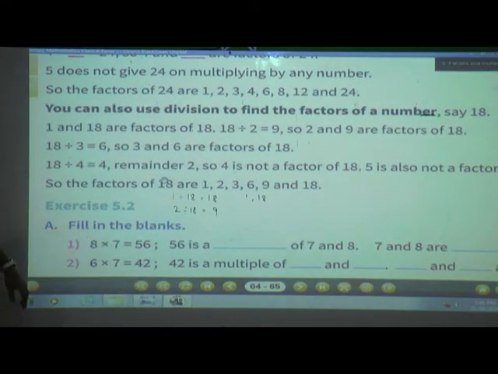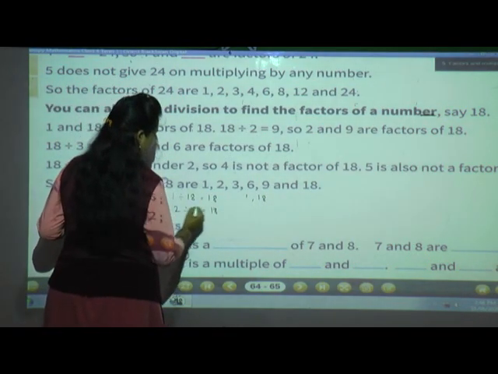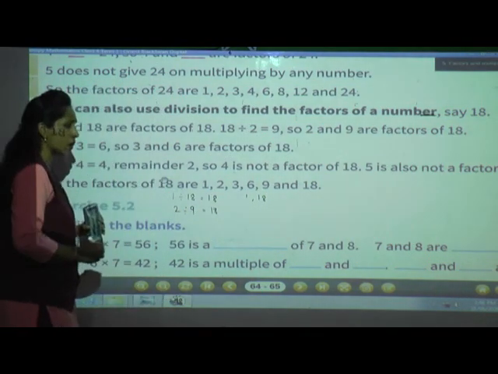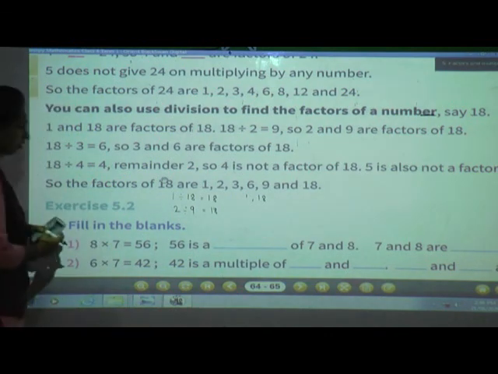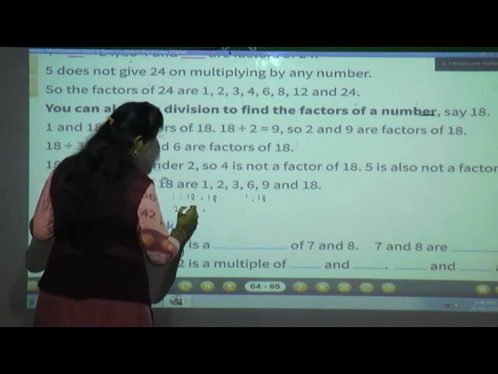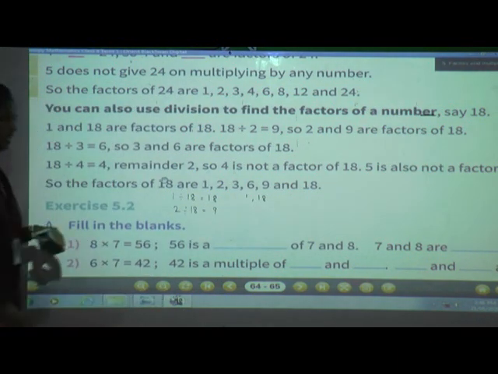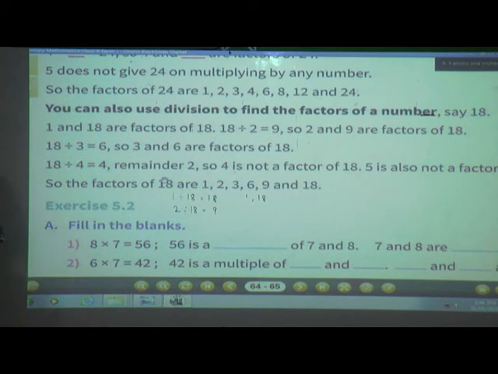see, we should get the number 18 when you divide, sorry, 18 by 2 we get the 9, correct? In division the thing is, there should not be any remainder. The remainder should always be 0.